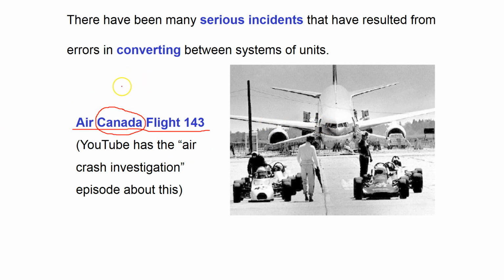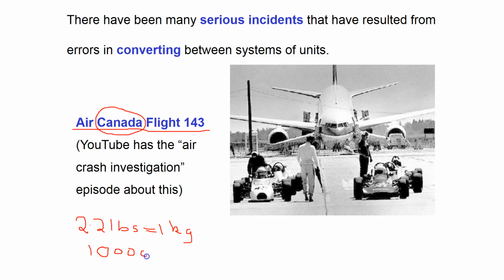What happened is this plane got loaded up with fuel, and they loaded up a certain number of pounds of fuel, but they mislabeled how much fuel was on board and labeled it as being kilograms. So we have to keep in mind that there are 2.2 pounds to 1 kilogram. I don't know how much fuel they would put on board, but just by way of example,